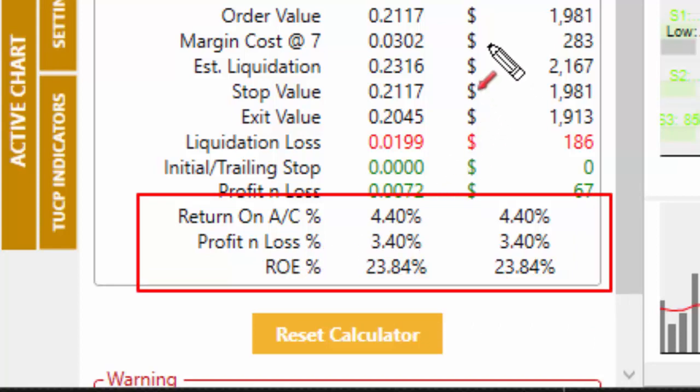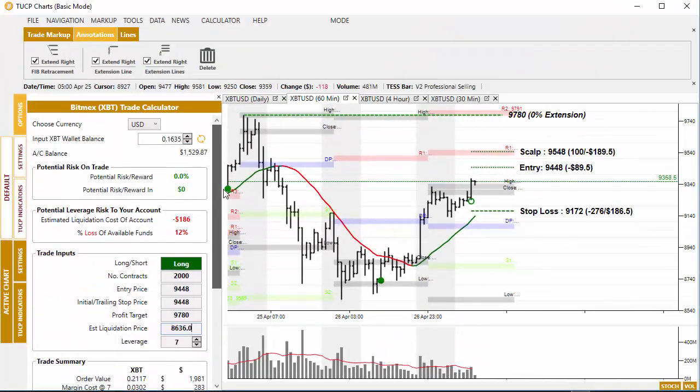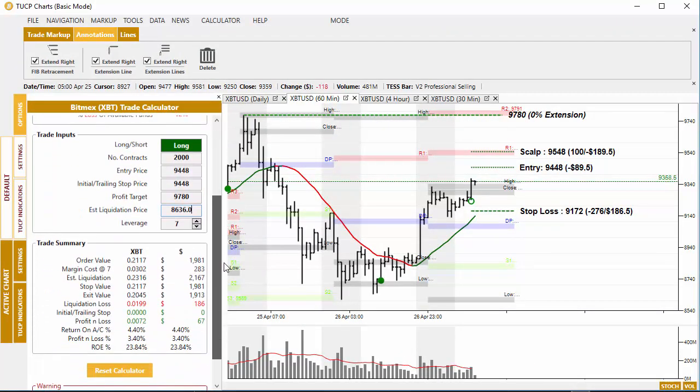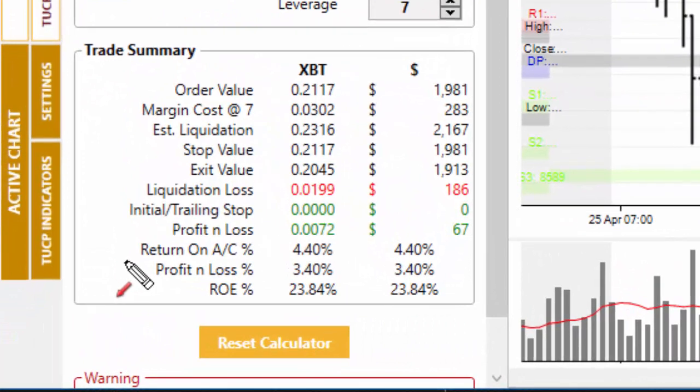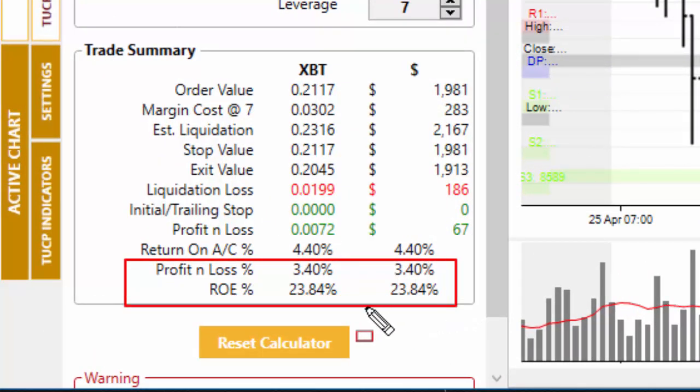So then further down at the bottom, we've got the potential return on the trades. We've got the return on the account, which is obviously to the balance in the account at the top there. And then we've got the profit and loss, which comes from the Bitmex calculator. There's a 3% return on the equity employed. That's the amount of margin. And because we're using 7 times leverage, we've got a return of 23.84,